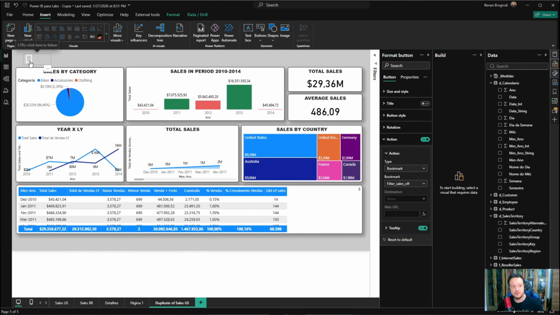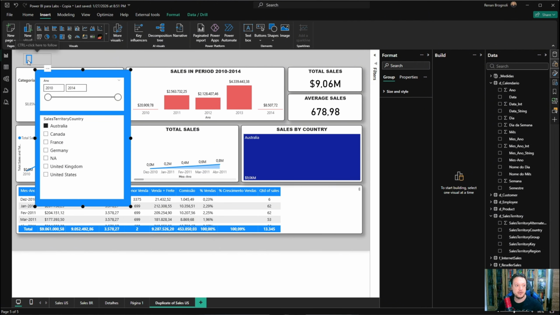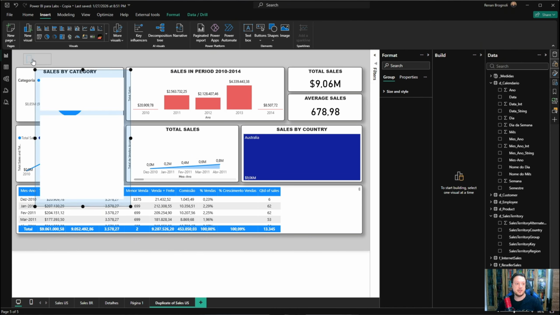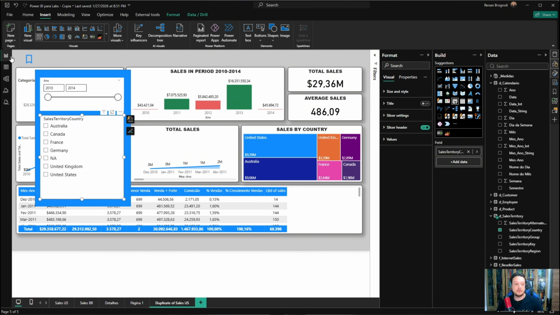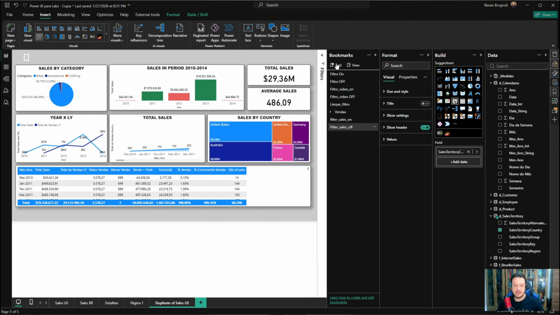Now, let's make a filter with blanket filters, a button to clean all the filters. For instance, if I press Australia here and close it, you're going to see that we have Australia, okay? What I want to do, I want the page as it is. I'm going to go again in bookmarks, going to add one, and I'm going to call it clean